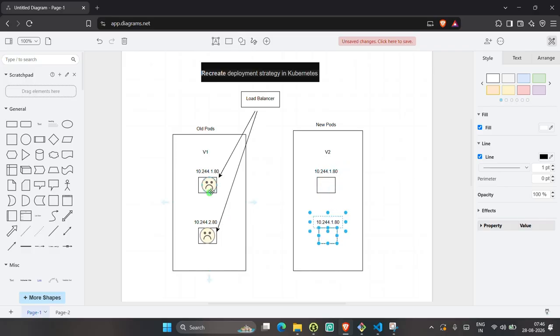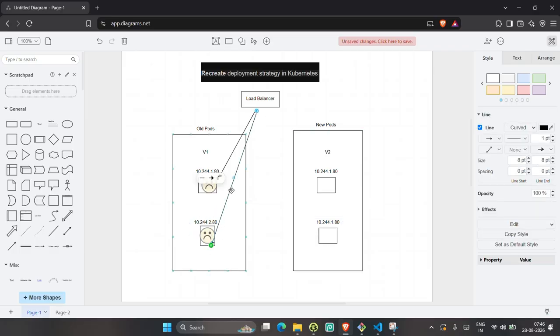See, it stopped it, right? It stopped, but the new pods are not yet created. Before that, it is terminating the old pods. At that time, the end user is definitely going to be affected. If these two pods are not running, the end user is definitely going to get error pages, right? After terminating these two pods, it is going to create two new pods, then it is going to distribute the traffic